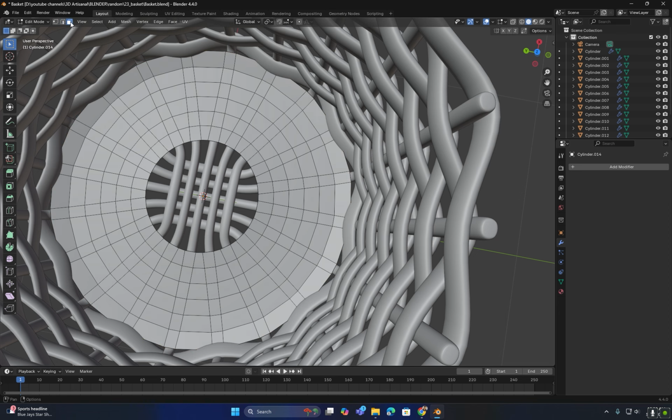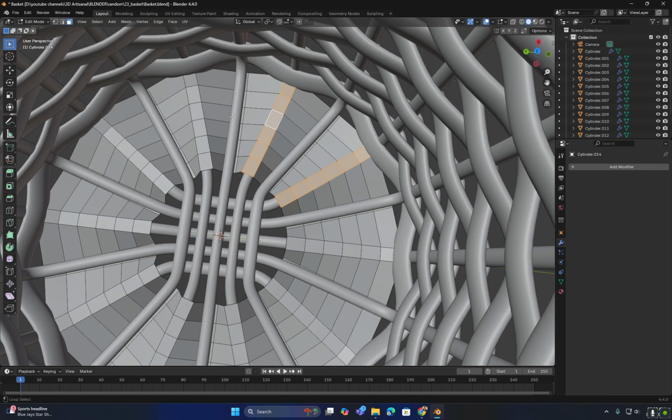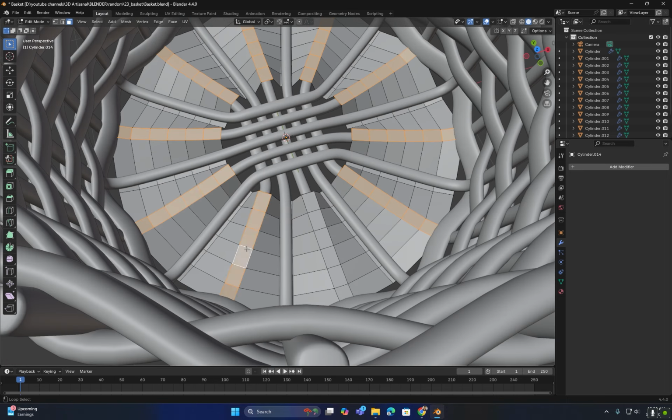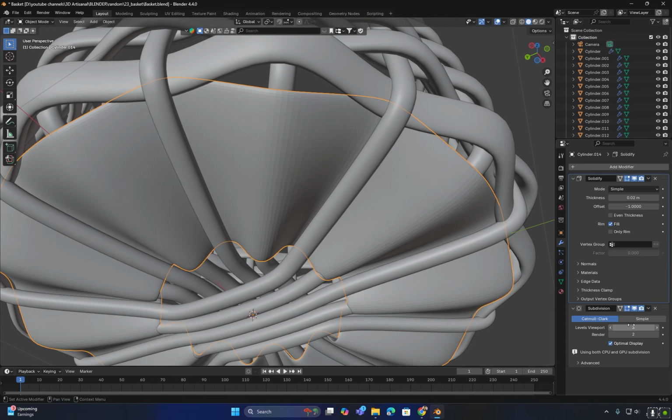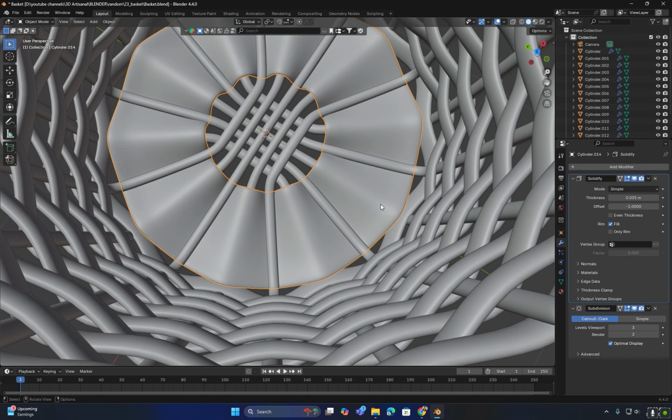Then I will press Ctrl plus B to bevel the remaining selected edges. From the newly created beveled faces, I will select alternating face loops and move them downward along the Z-axis. Then I will select the remaining beveled face loops and move them upward along the Z-axis. After that, I will press Ctrl plus 2 to add a subdivision surface modifier and then add a solidify modifier, placing the solidify modifier above the subdivision surface modifier in the stack. I will adjust the thickness value as needed and right click to choose Shade Smooth.